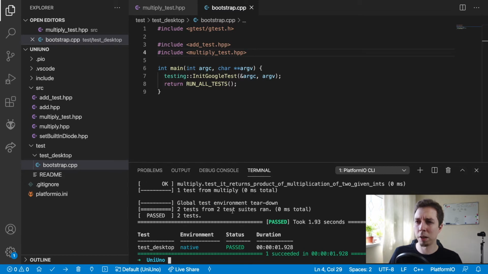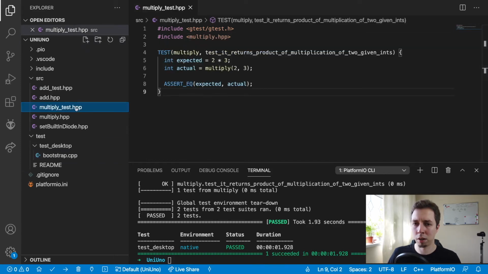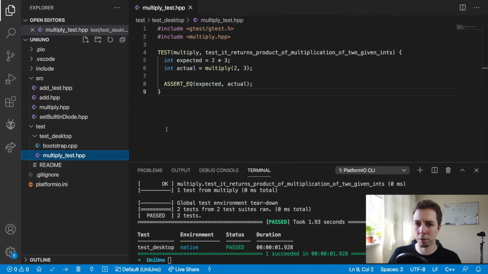But I'm not really going to be investigating this because in my opinion, as you can see, by the way, this is working, right? If you go with this approach, this is working, but you have additional work to do, which is adding all the includes, which I don't really want to do. And in that case, I'm just going to keep all the test files